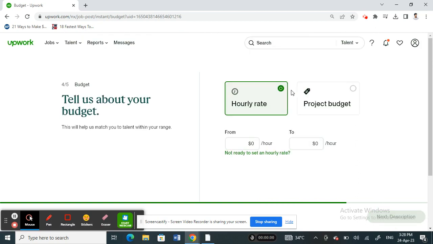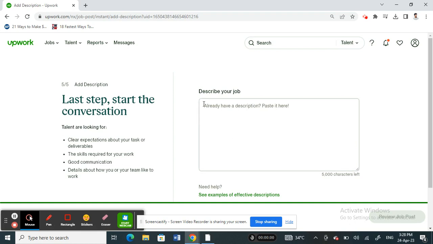For the budget, how are you going to budget this job you're posting, whether it's an hourly rate or a fixed project budget. So you can just choose that and then type in the amount. All right, so type that in and then click on next, and finally you just have to give more explanation